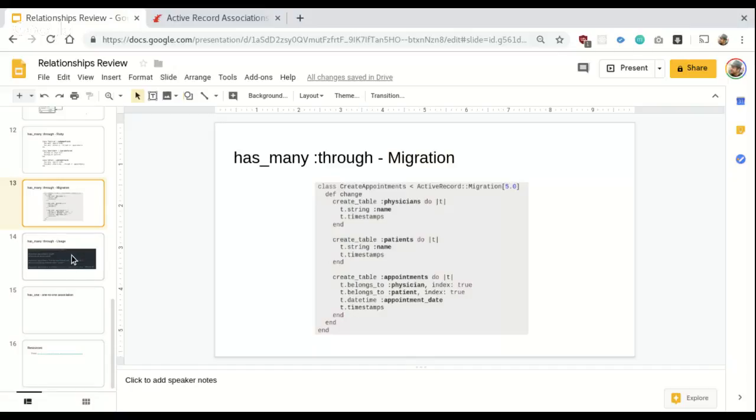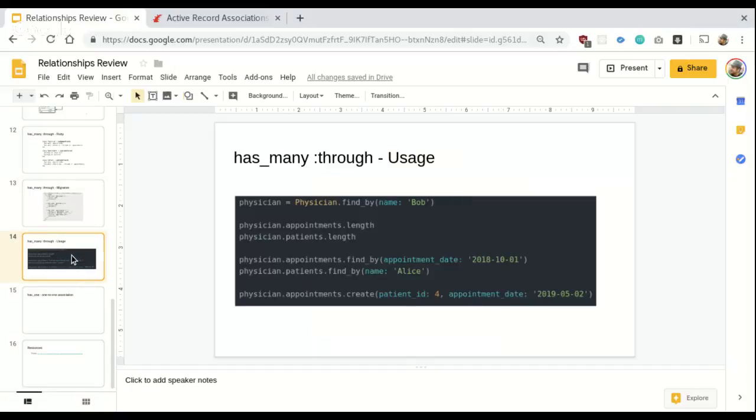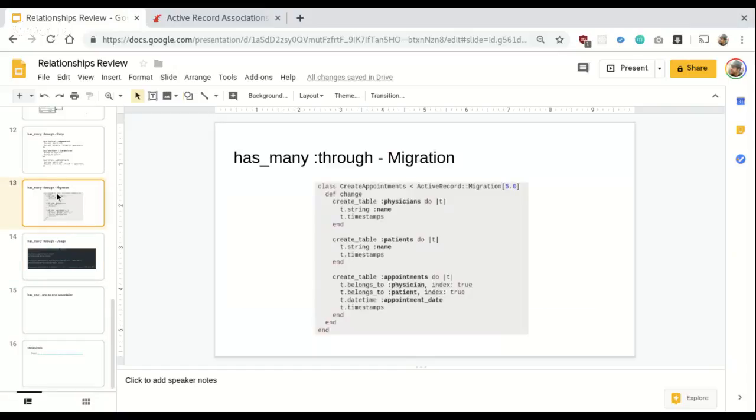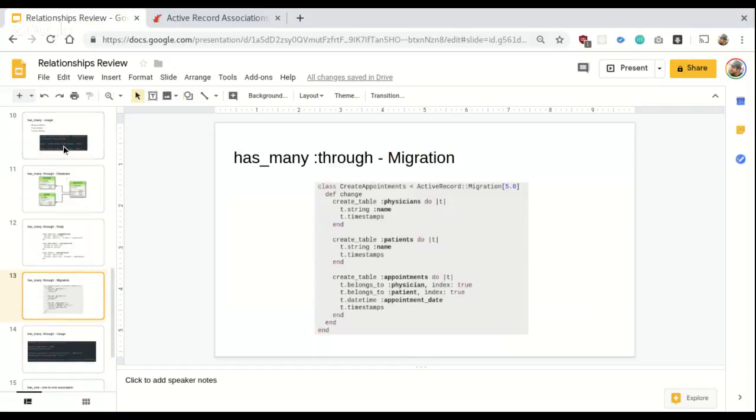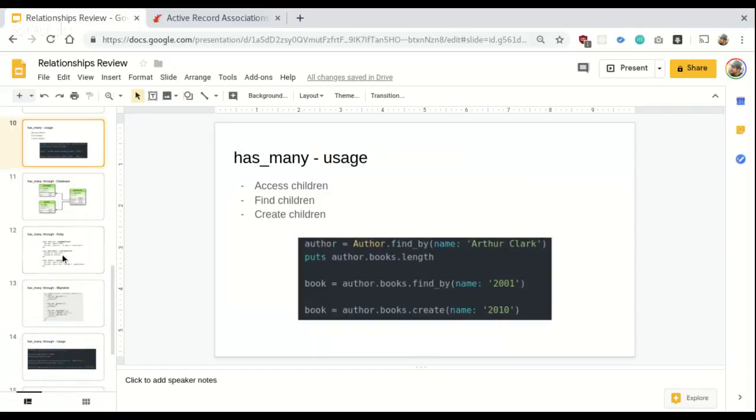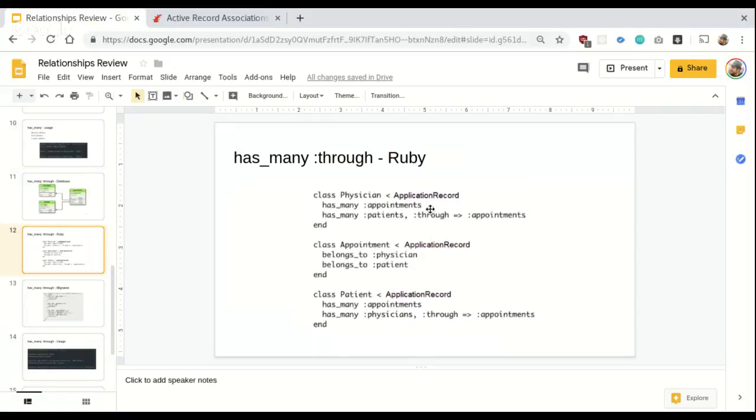Okay, so that's the migration. And then how do we use it? So this is just some examples of using it, right? Here we load a physician named Bob, and then we can do physician.appointments.length. That's just the normal relationship, the one-to-many. That's the Ruby code. So it has appointments, and then we can also do patients